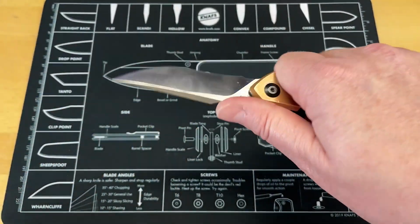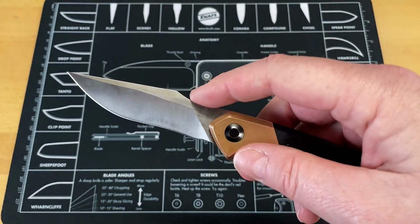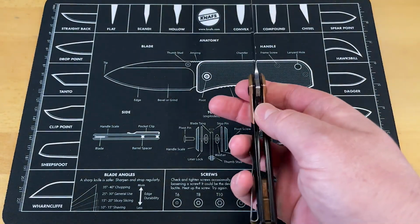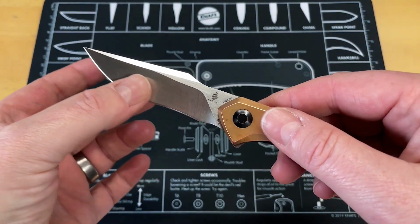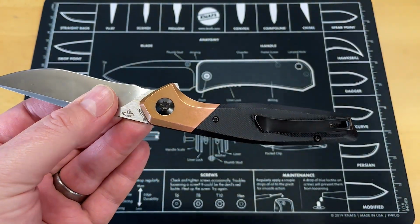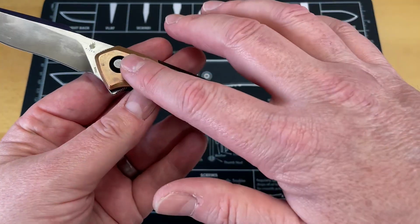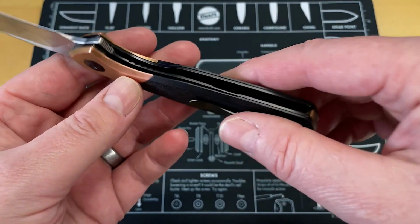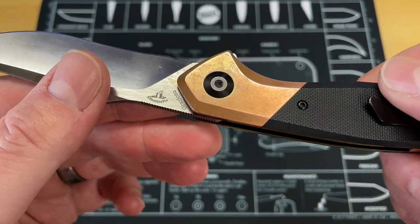This thing is great in hand, super comfortable. When this came in, I was really pleased with it because it gives you that EDC option. It's not doing anything over the top, and it's still a super functional day-to-day cutter, but it has all these bells and whistles in the aesthetics department. You have got the copper backspacer and bolsters on this that will patina. They'll patina up, and then I'll carry this knife for a while and I'll wear the patina off, but you